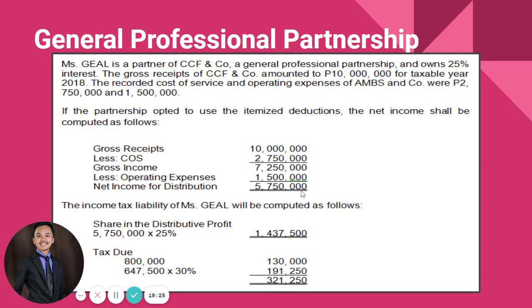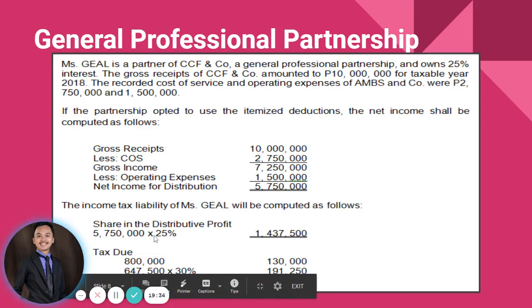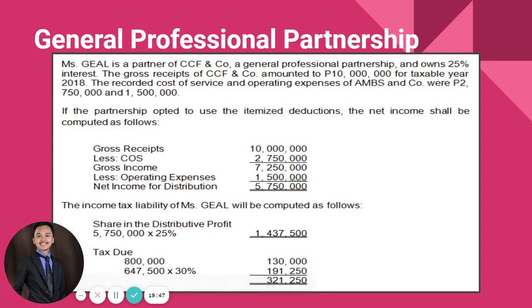So again, same rule as earlier, this 5,750,000 will be distributed to the partners. So assuming Jill shares 25%, Jill will be receiving 1,437,500. And again, it will be taxed using the tax table. So it belongs again to the bracket of 800,000 to 2 million. So for the first 800,000, it will be subject to 130,000, and then her excess will be 637,500 times 30%. So we have 191,250. So total tax due of Miss Jill will be